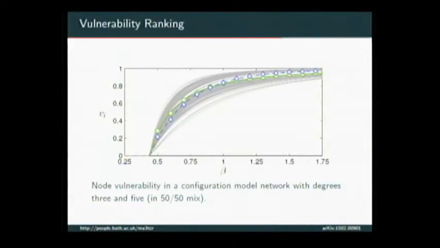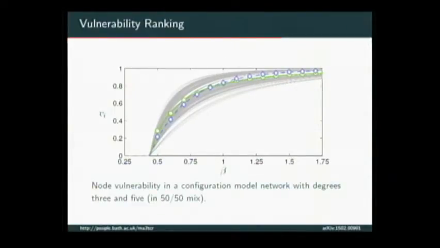So I've done this for a random graph. I generated a configuration model network with nodes of degrees 3 and 5. And then I solved this system of equations by iteration. And I'm plotting here, varying beta, the transmission strength of the disease. Each gray curve is the vulnerability of a node. So it's the probability that that node got infected in an outbreak that was started somewhere else in the network. And I've highlighted 2 in particular that show this phenomenon. These are like the A and the B in the quiz.